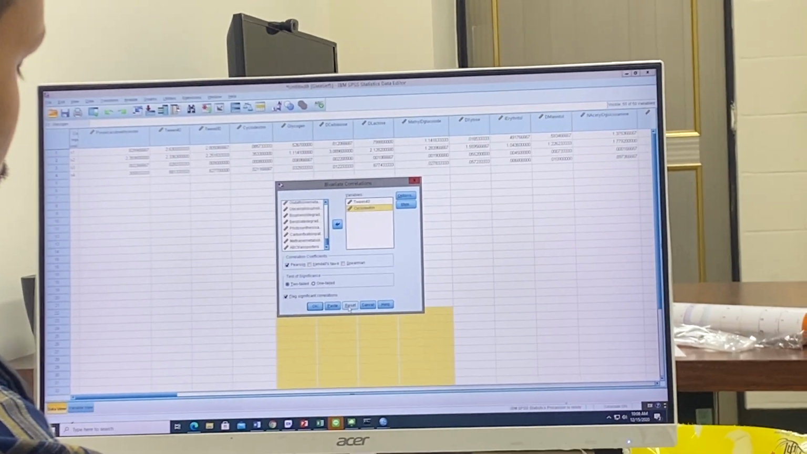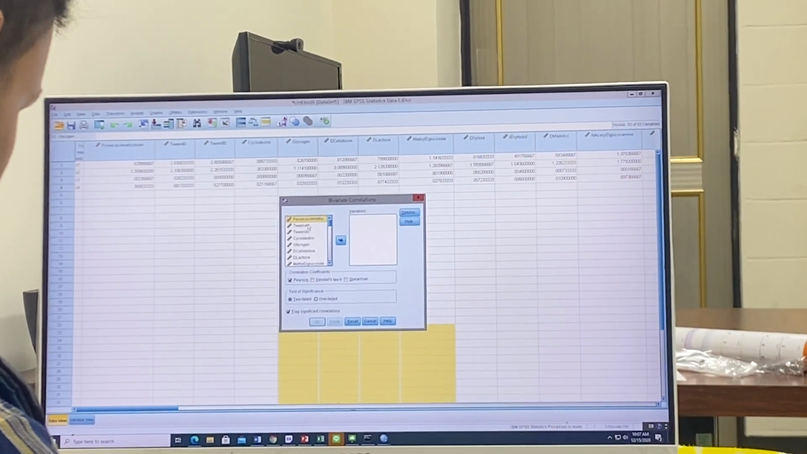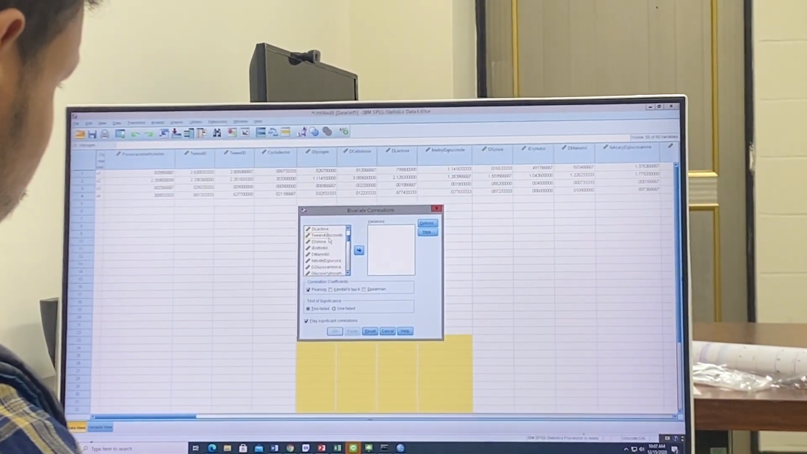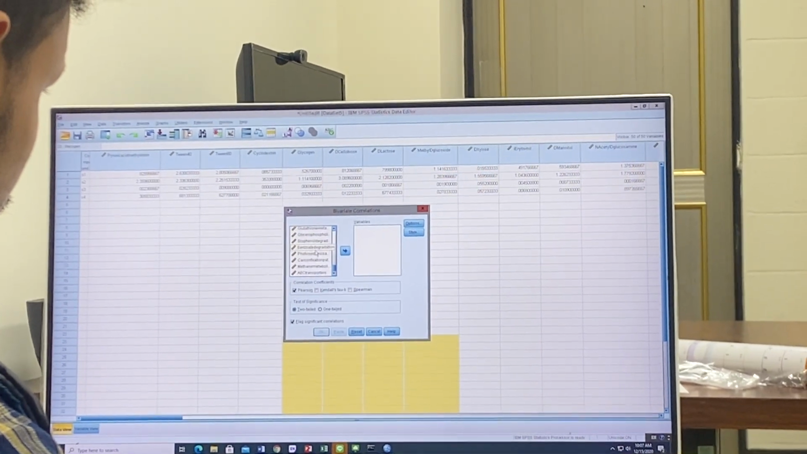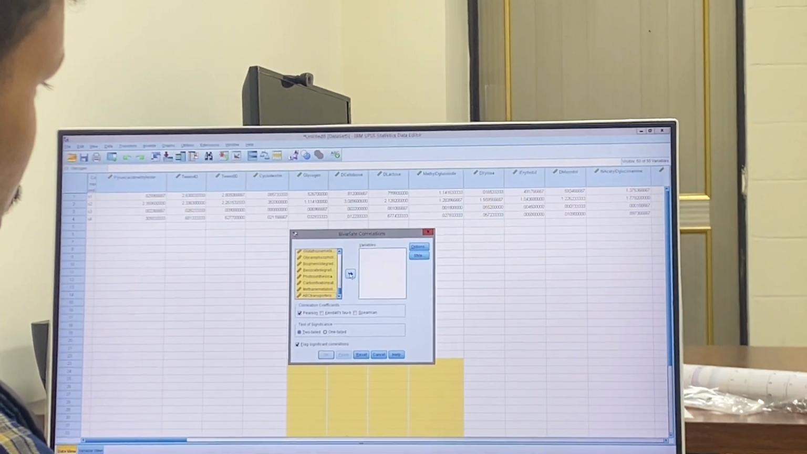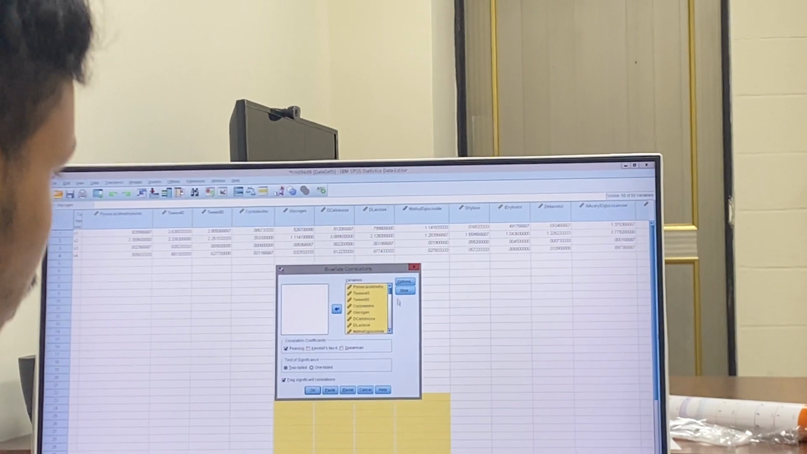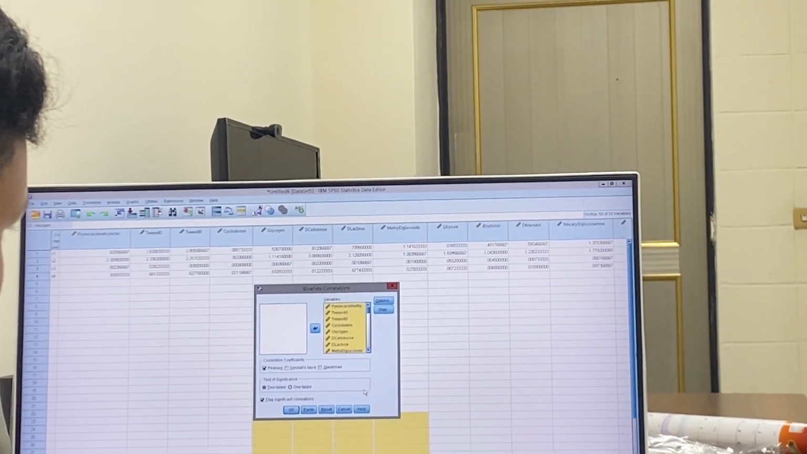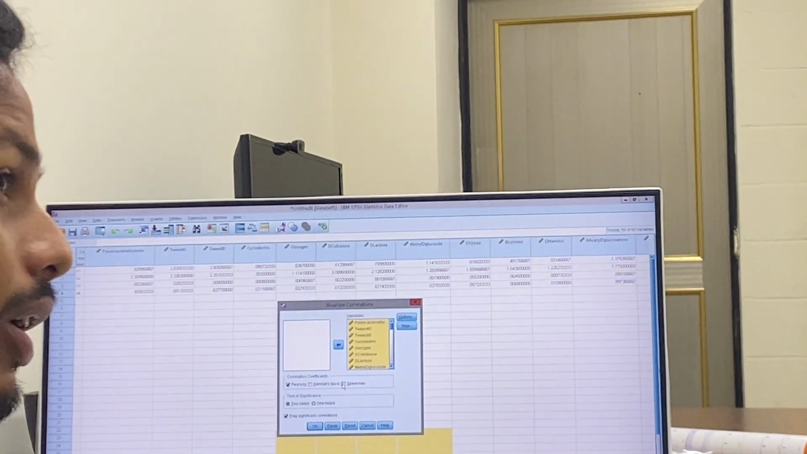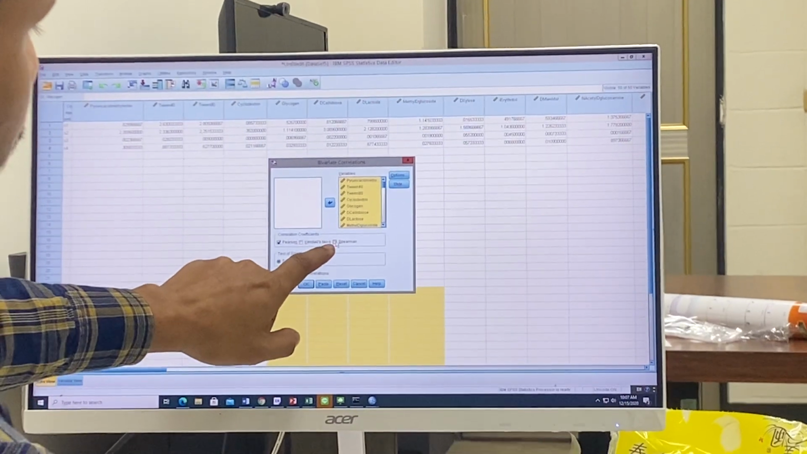We need to reset again because I did this one. So we just need to copy and paste, and I put this one. Tick the Spearman together with it, both at the same time. So we need to choose the Spearman again because